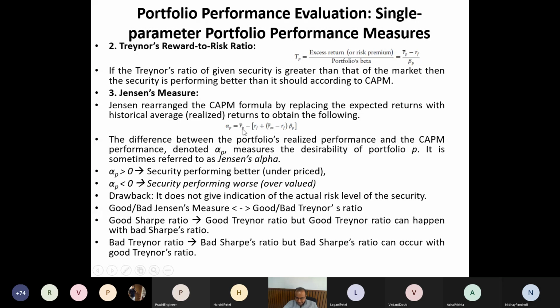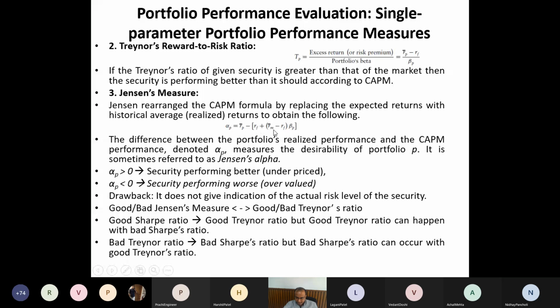So how much excess return your portfolio provides compared to CAPM, that is what alpha p is. Again, if alpha p is higher, it is better. This alpha p involves the market return as well as the beta of the portfolio, and this whole term is subtracted from Rp bar. So it is your average portfolio return minus the CAPM formula, considering your beta of portfolio.